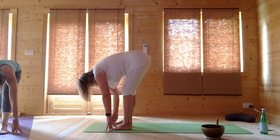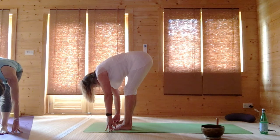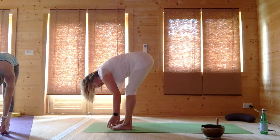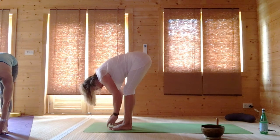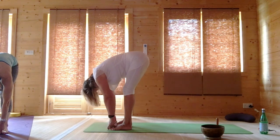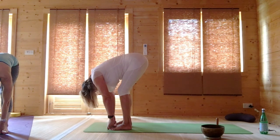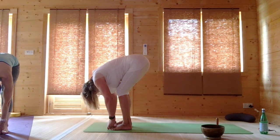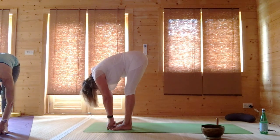And this time take hold of your big toes, both big toes, your second and third finger, and your thumb goes on the top. If that's not accessible to you, then just hold your shins. If you can manage this, you're creating a complete circle of energy. You can soften and bend your knees as much as you need to, and your elbows can go out to the side. If you want to make it a slightly stronger pose, then just straighten your knees more and straighten